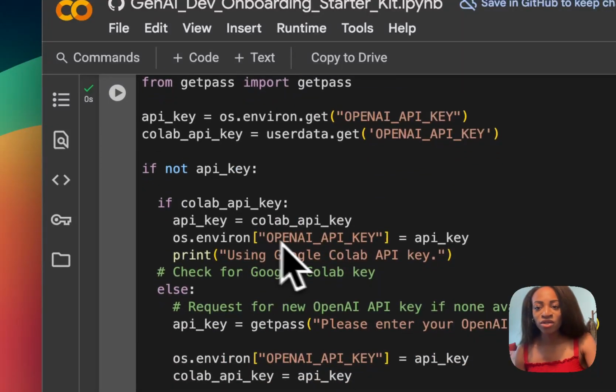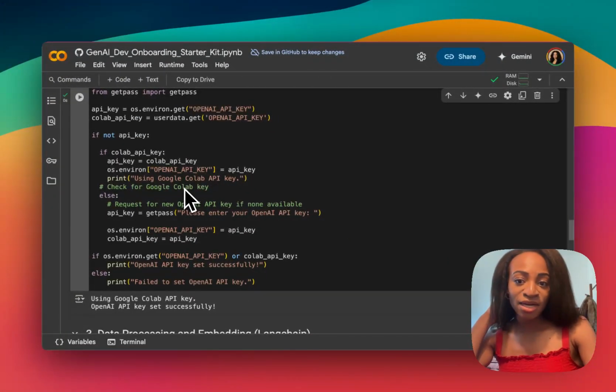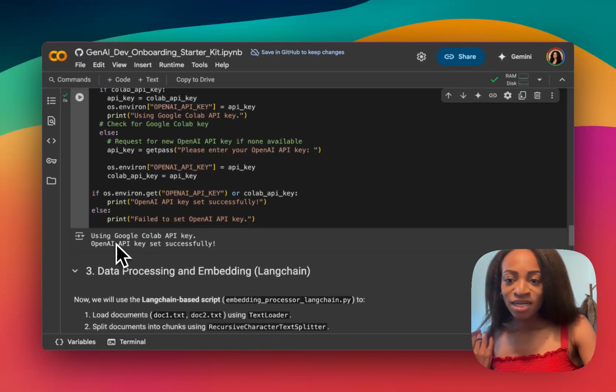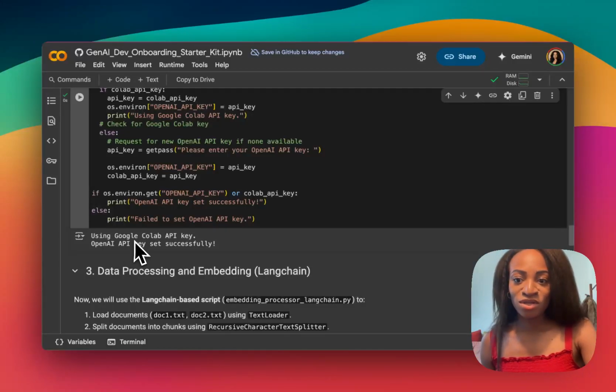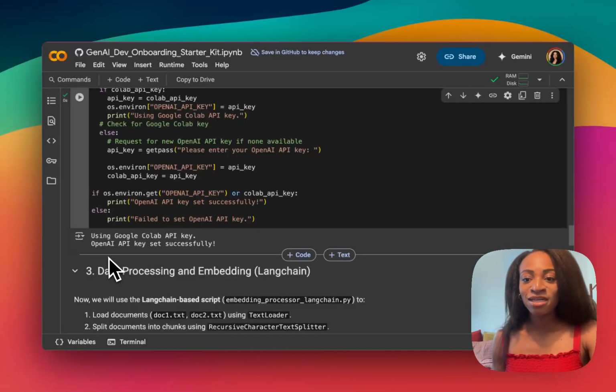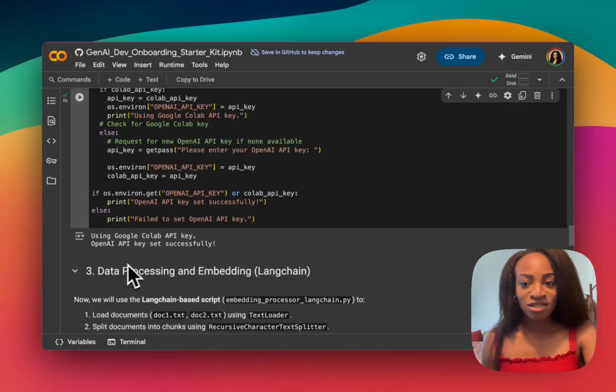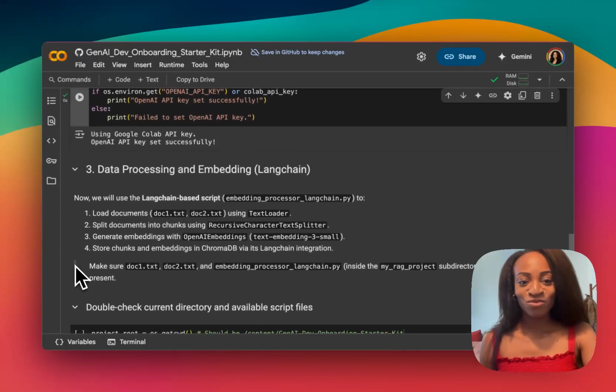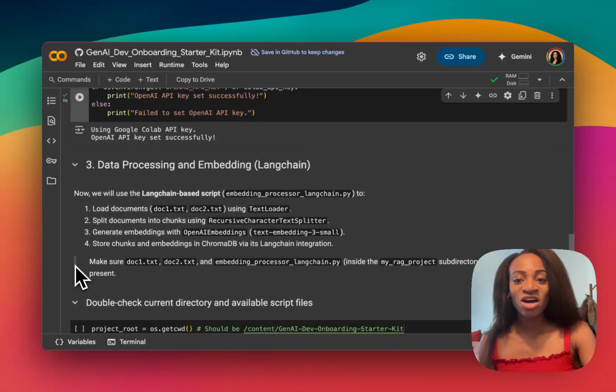So here I've run the code. It's checked to see in Google Colab if I have an API key already stored. And because I do, it's letting us know it's using the Google Colab API key, and the key has been set successfully. We are good to go with the next step, which I'm really excited about, is data processing and embedding using